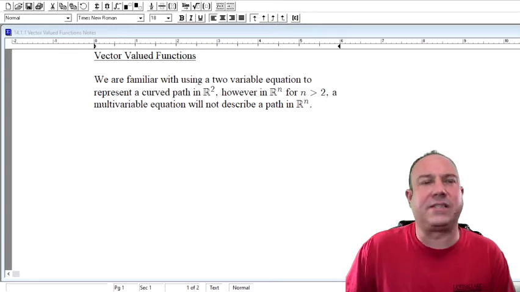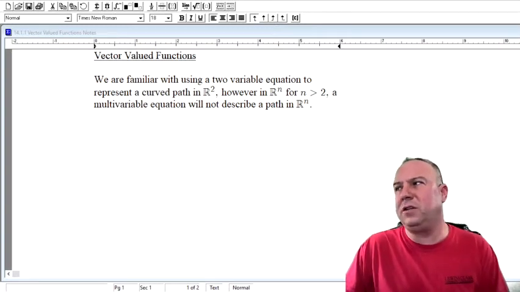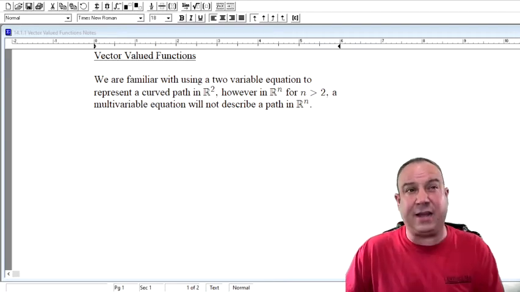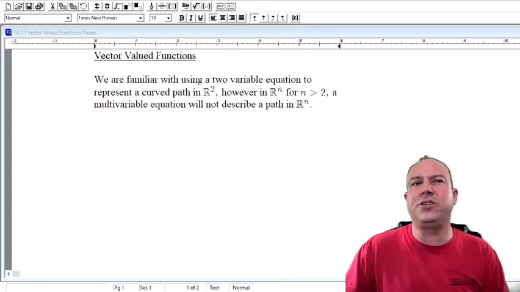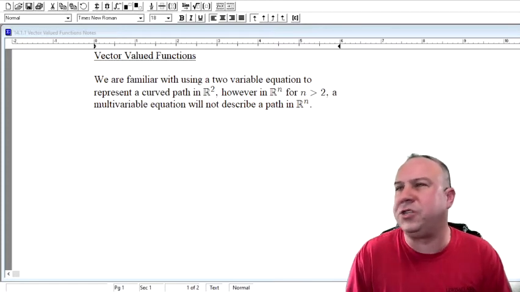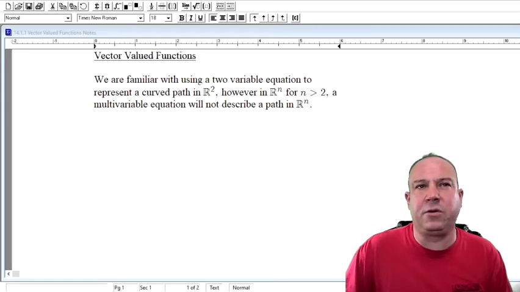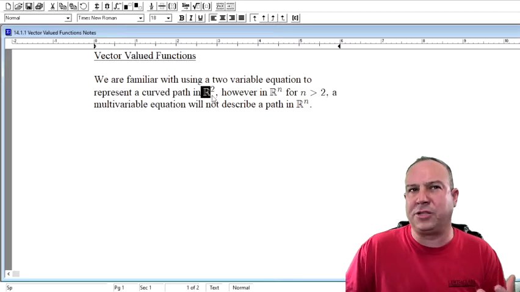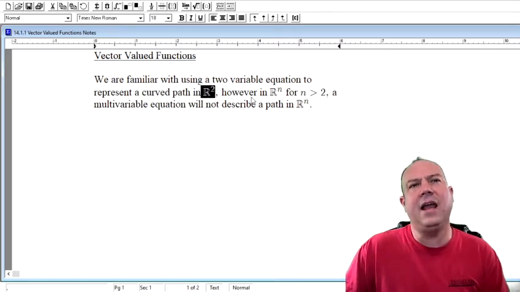All right? Where we open up our notes here is actually with some purpose. Why do we look at vector valued functions? What we just begin by taking note of is that if we're in two-dimensional space, to represent any path in two-dimensional space, we could use just a two-variable equation. We are familiar with using a two-variable equation to represent a curved path in some two-dimensional space. However,